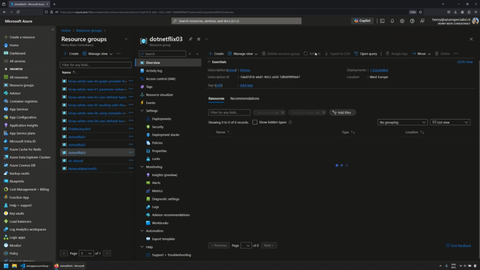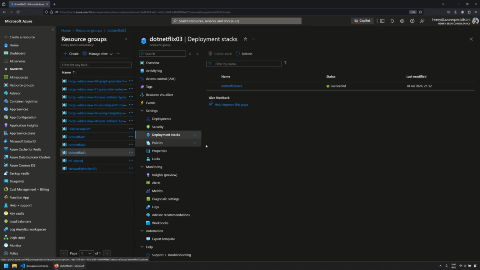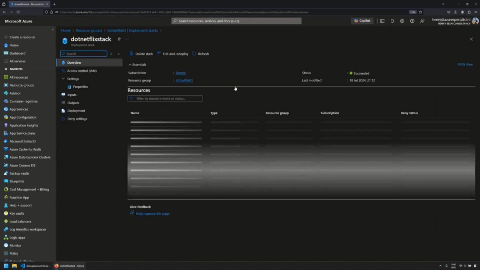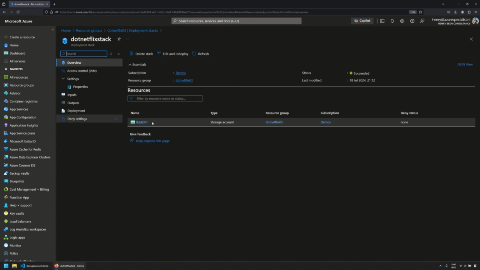And now my storage account has made it through the cache. So here's my storage account. I can now find deployment stacks in the menu on the left. And this is, of course, the first improvement. It is possible to deploy multiple stacks to the same resource group, to the same scope. And we had the dotnetFlix stack. And in that stack, we can see that the account Lukulule001 is included.